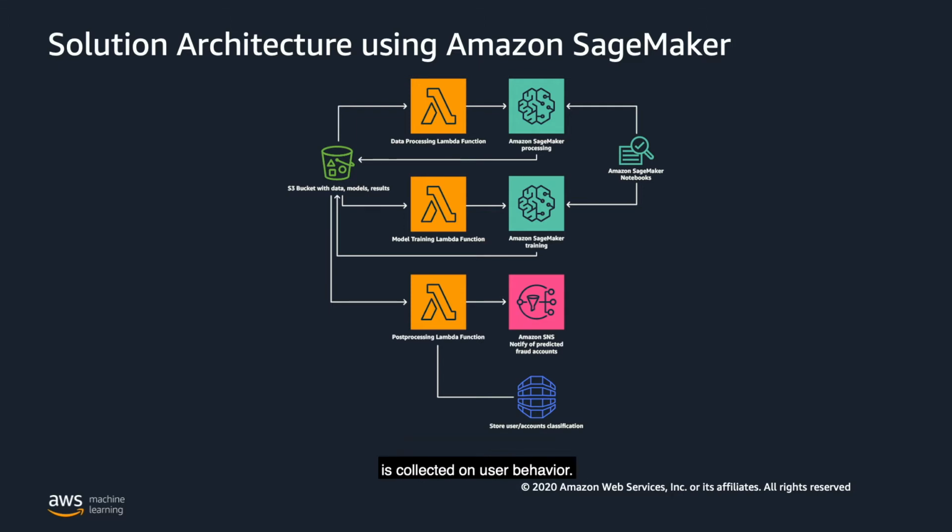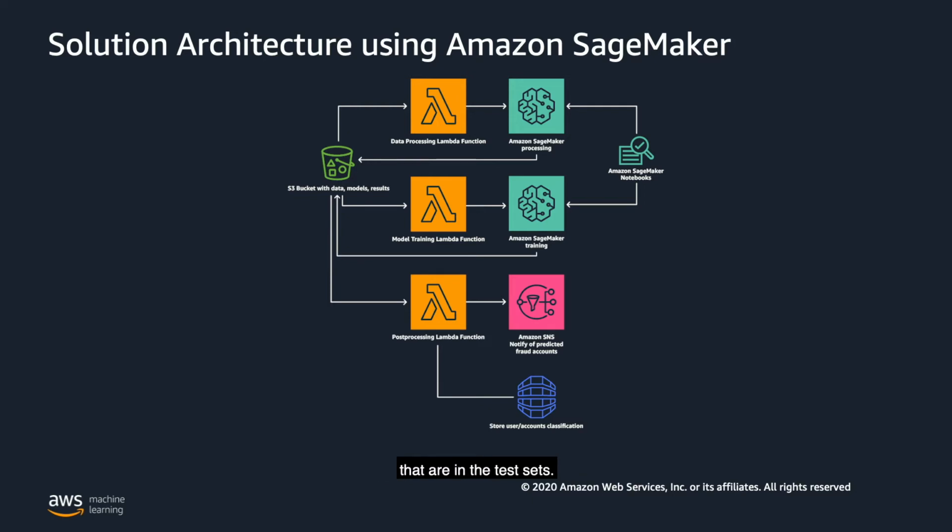user behavior. As soon as sufficient data is captured, putting the data in an S3 bucket under a particular prefix will trigger a Lambda function that will create a SageMaker processing job to process that data and generate features. Once the Amazon SageMaker processing job is complete, the processing data will automatically be stored in the S3 bucket under a different prefix. The data in this new prefix will trigger a second Lambda job, which will create an Amazon SageMaker training job to build the graph, train the graph neural network model, and make predictions for nodes that are